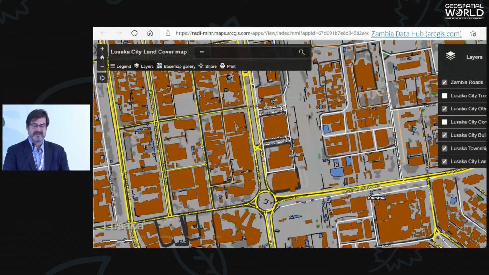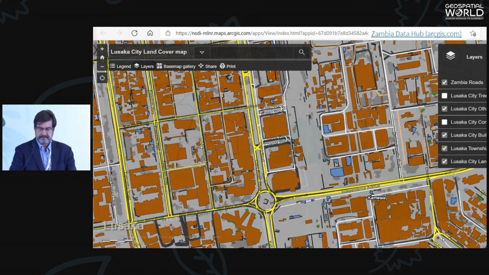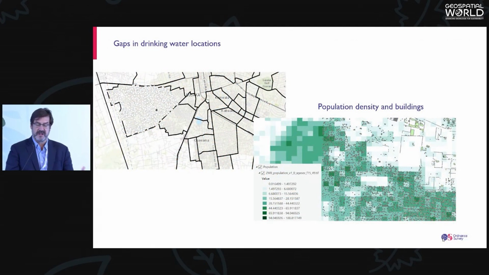So this helped us understand exactly where the types of development were in the city. The data is now hosted openly through the ESRI NSDI Data Hub, so that the data is now available to the whole of the government. Other organisations across Lusaka are starting to take advantage of this data. So, for example, you can then start to combine other data to make sense and put the map to work. So you can combine some open data from other sources. The NSDI Hub has a full range of data, including population data that was created by Grid3, and other data sets that were openly available. We're now able to help the city bring those data sets together to make the best decisions about where those gaps in infrastructure are.